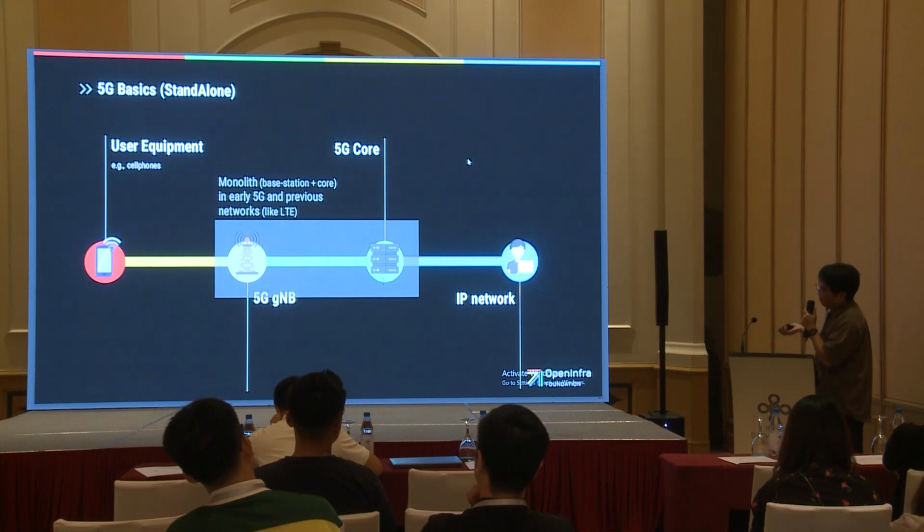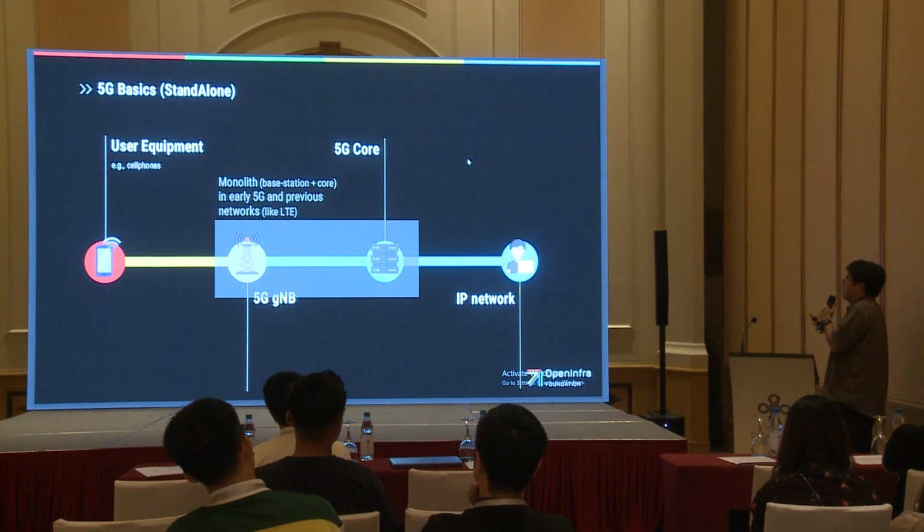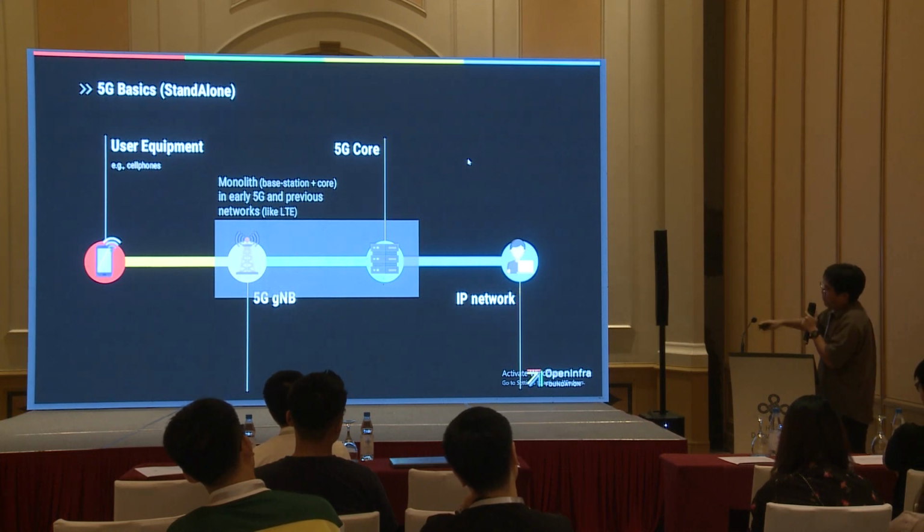So the telcos in modern days don't want that because they want open interfaces. They want to configure things by themselves. So instead, the whole structure breaks into different parts. First, the user equipment connects to the local base station. The base station is responsible for the signal processing: modulation, scheduling, very low-end, layer 1 packet processing.